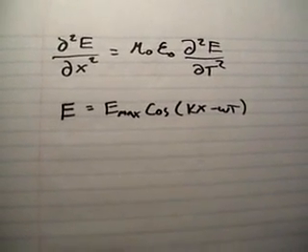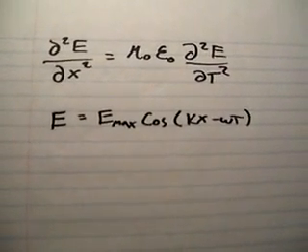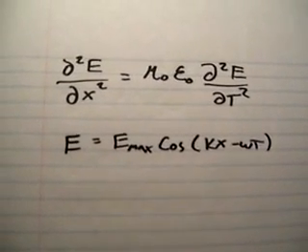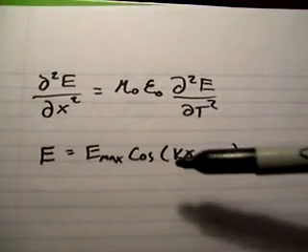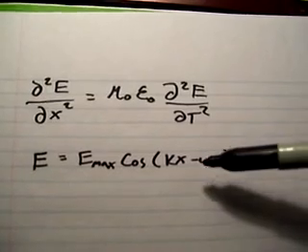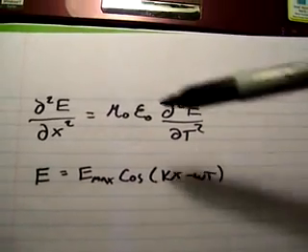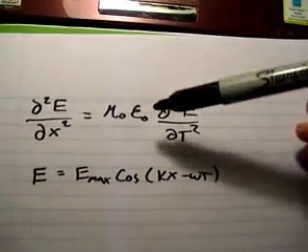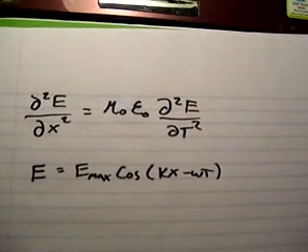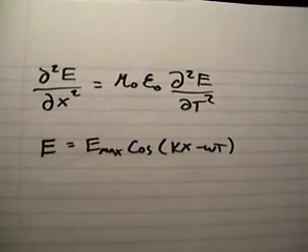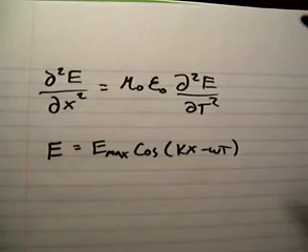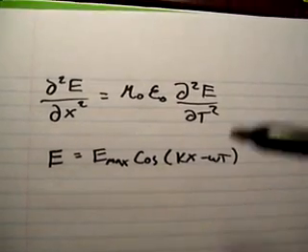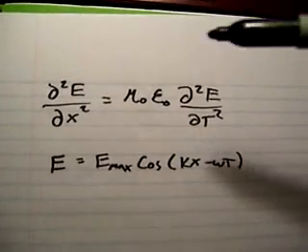Alright, I'm going to do problem 12 from chapter 34, which basically wants you to take this equation and plug it into this differential equation and verify that it's the solution. They want you to do the same thing for the magnetic field. This is the electric. They want you to do it also for magnetic, but it's going to end up being